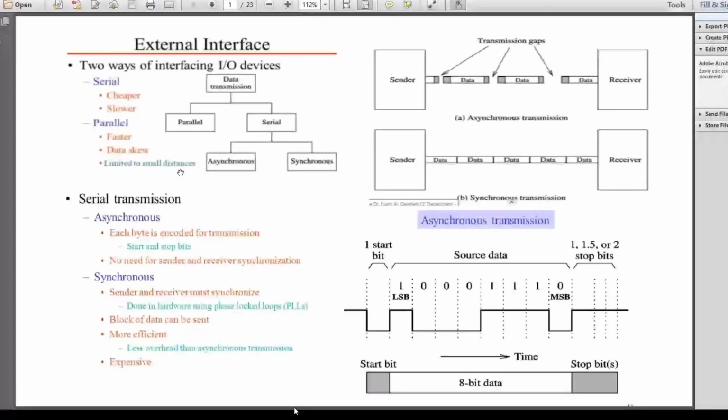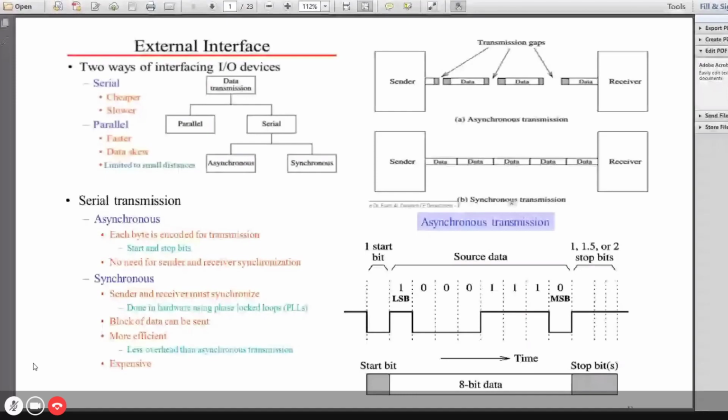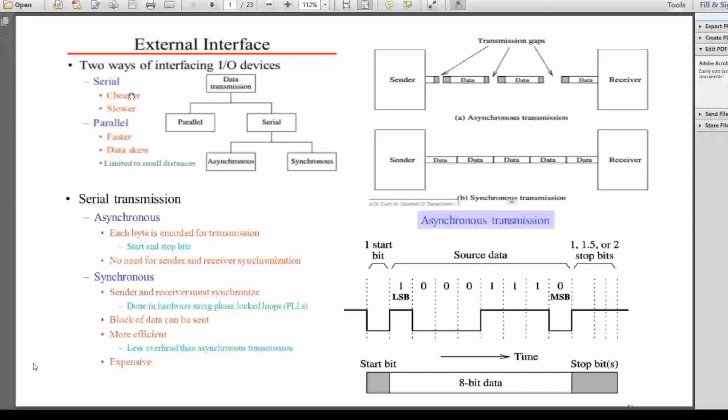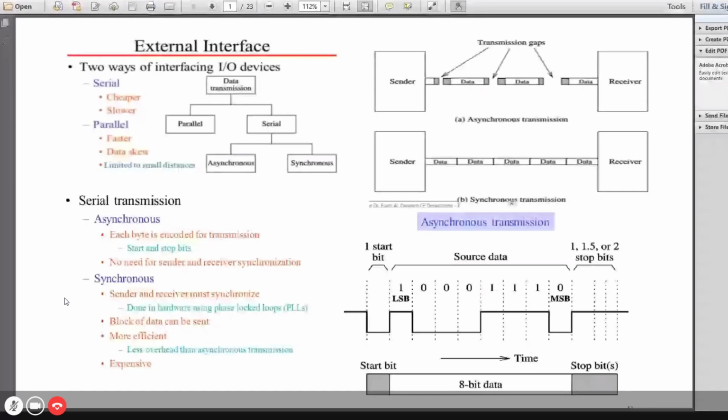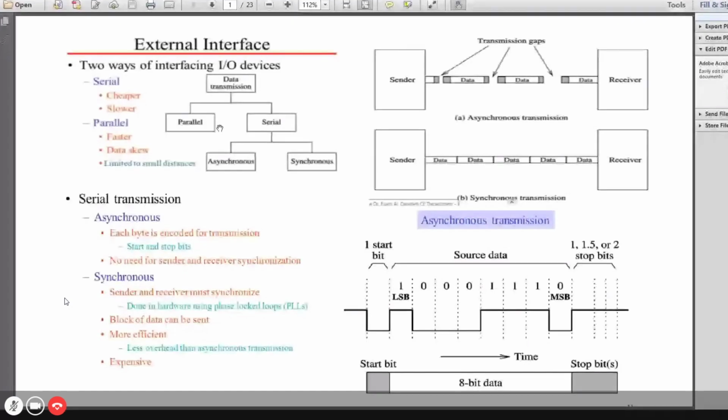But in the real world, we have systems which are wide apart, which may be several meters apart. Where the distance is longer, we go for serial communication, bit by bit transferred from the input to the output device.